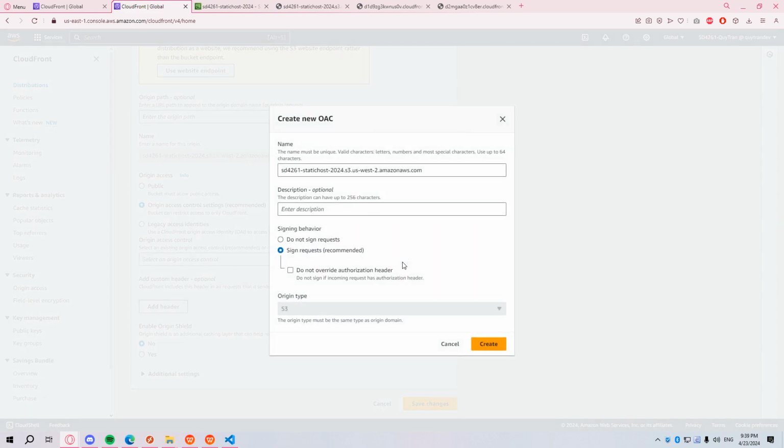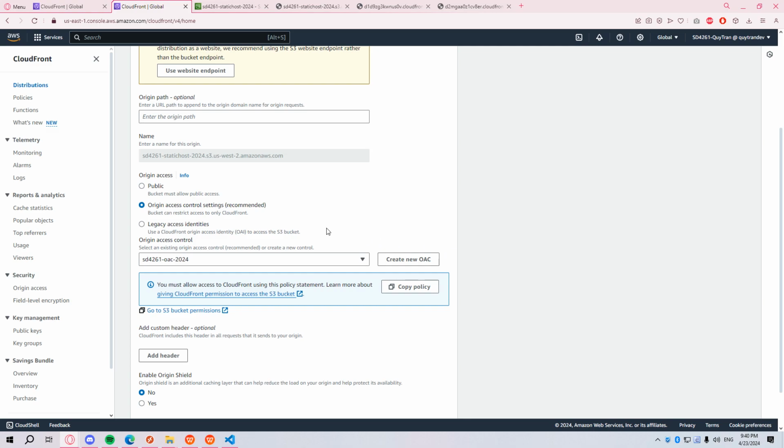So create. For the name, I'll name it like this. Everything else is default. S3, yes. Create. After that, it prompted us that we need to allow access to CloudFront using the following policy statement, and we will have to give that to the S3 bucket. So I will copy this policy,